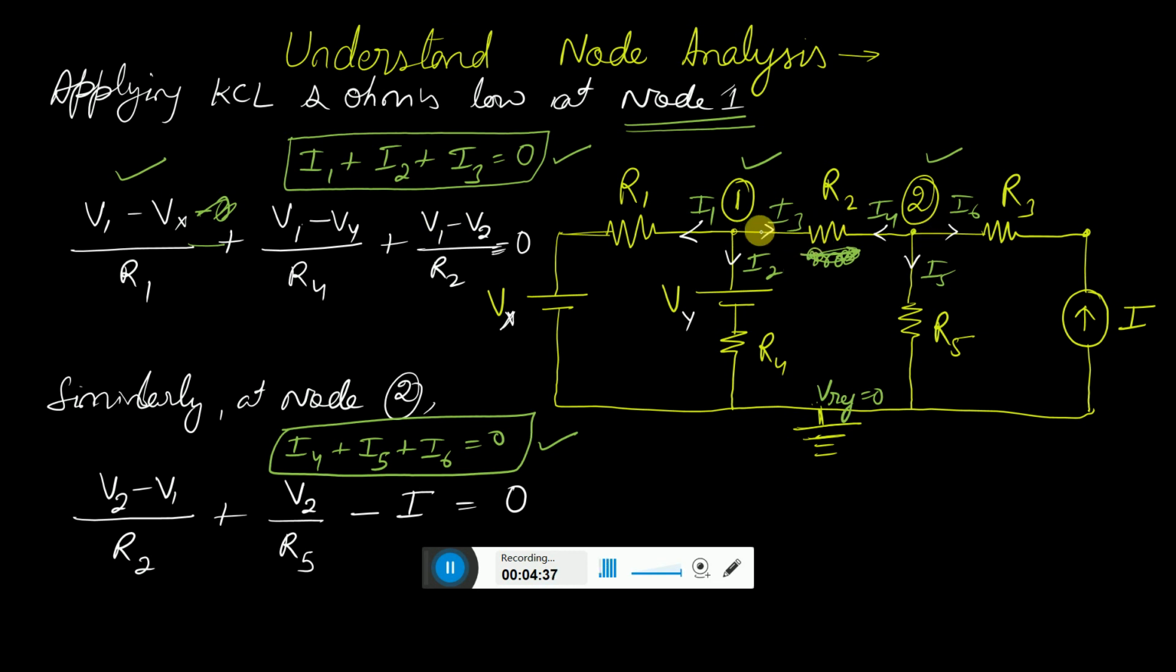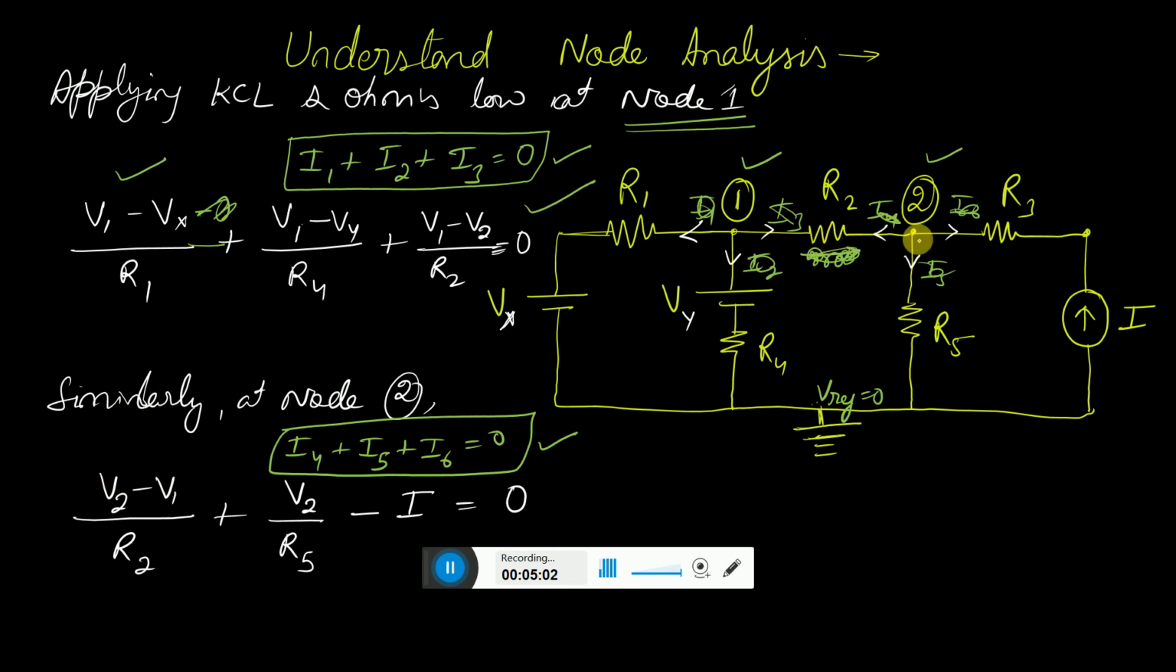I am not worried about the currents. This is not required to be written in the equations or in the network. Simply, if you are at node 1, you just take V1 minus Vx divided by R1, V1 minus Vy divided by R4, V1 minus V2 divided by R2. So one equation is done. Another equation is done if you have